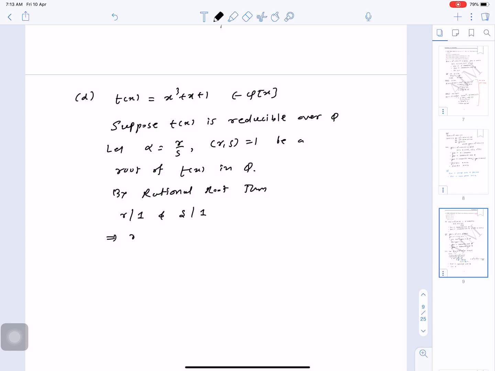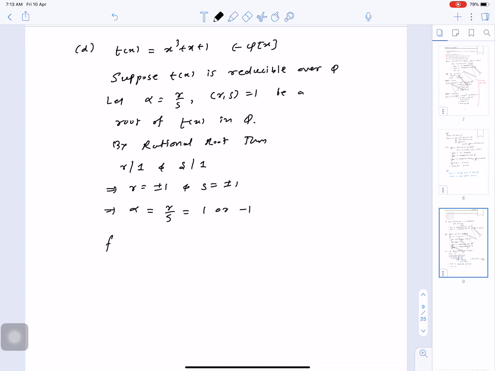So it gives r is equal to plus or minus 1 and s is equal to plus or minus 1. So alpha is equal to r by s is equal to 1 or minus 1, and by manual calculation